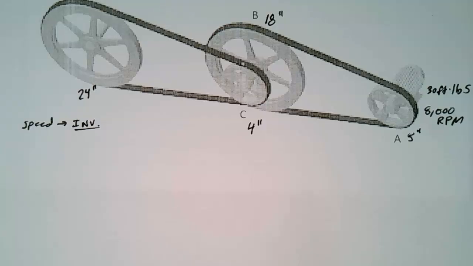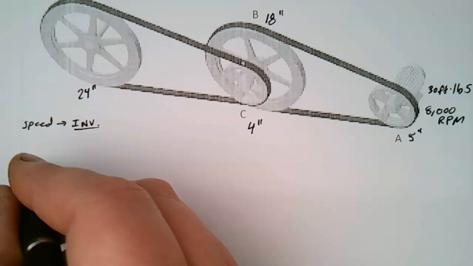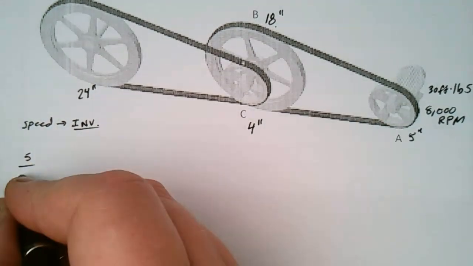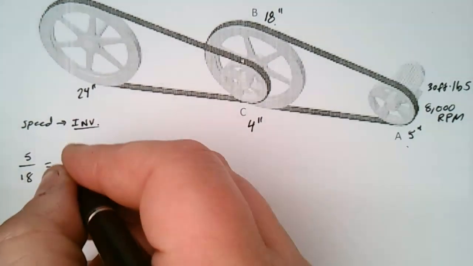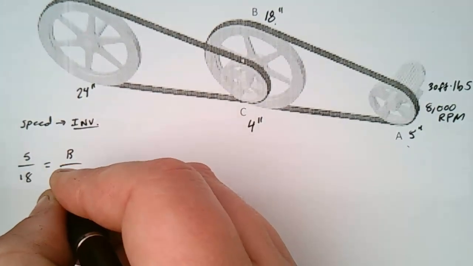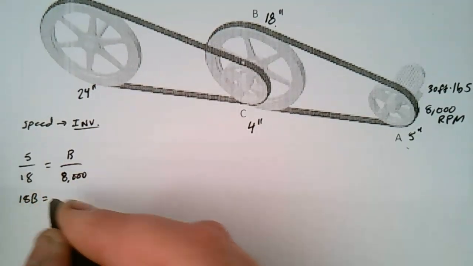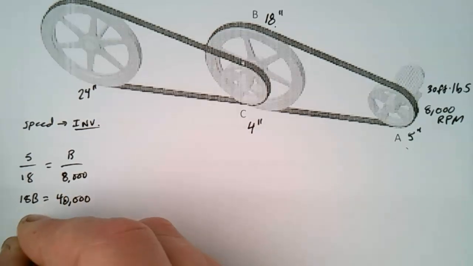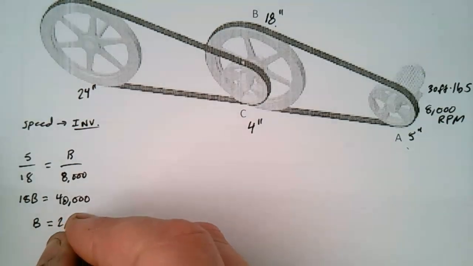So here goes. What have we got? I'm going to start with A here. It's going to be 5 inches over 18 inches. So I did A over B, and that has to equal B over A. So we get 18B equals a pretty big number, 40,000. And if you divide that by 18, you're going to get B is 2,222.2